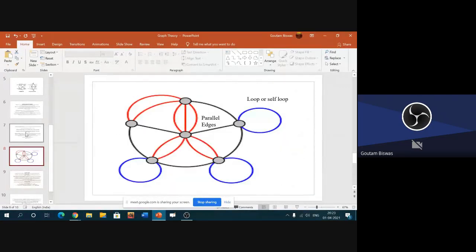Now all these definitions you have to remember, because in the next classes we are not going to detail them, but you have to remember and understand them, because technical language will be used. The vertices are adjacent, the edges are adjacent, the edges are parallel, the vertices are null, you will get it. Okay.